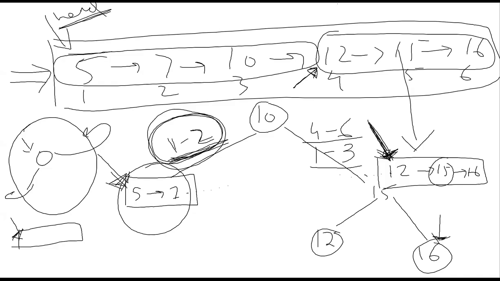Same goes for the left part. I'll take 1 as the root here. Left one will also pass the same pointer, but it will pass the number of indexes to process as 0, because we are at the first index and there's nothing before that, right? There's no element before that. So it will pass and there will be nothing created.